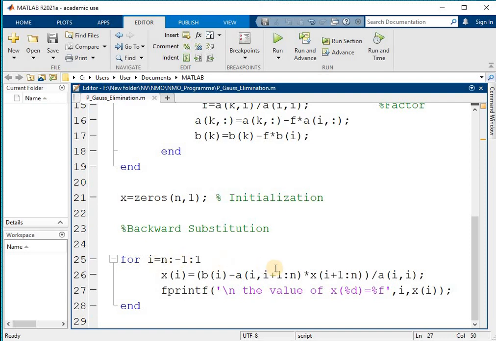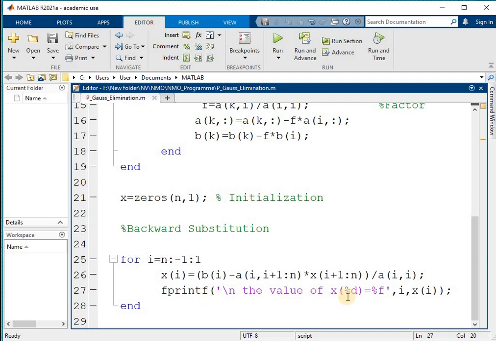As our nth value is 3, it goes up to the third value, so this term is repeated again. So we get a 1 comma 3 into x of 3. So we get b1 minus a 1 comma 2 into x2 minus a 1 comma 3 into x3, divided by a 1 1, and then we print the value of x1 using this fprintf syntax.